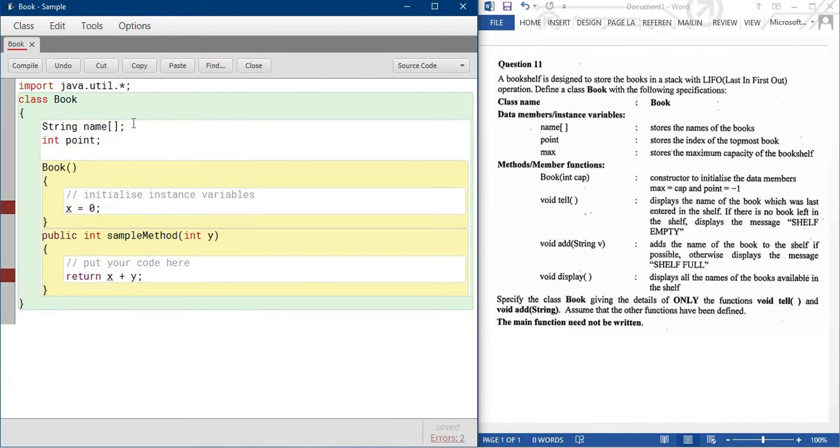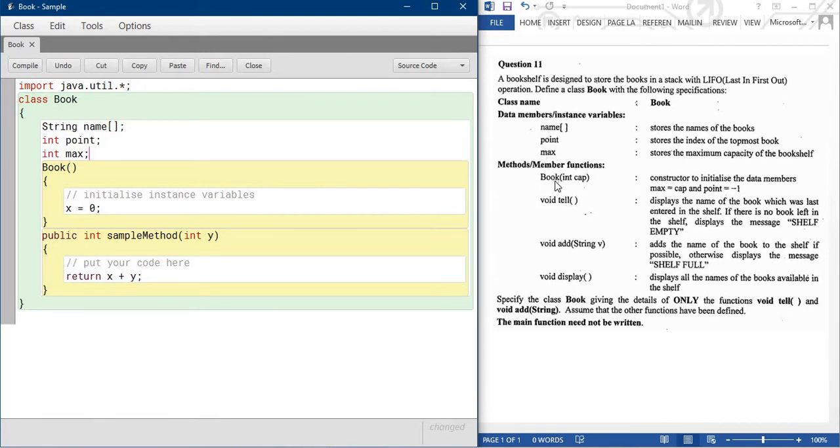And the next one is max, which stores the maximum capacity of the bookshelf, meaning how many books you can put on a shelf. So again int max.